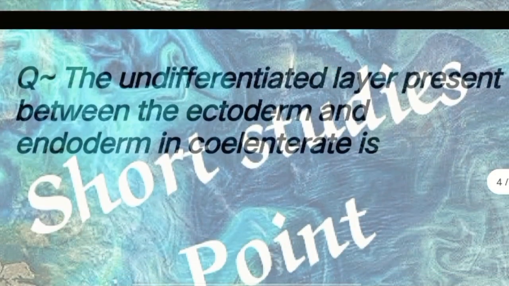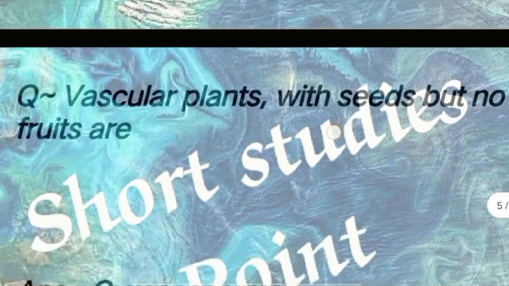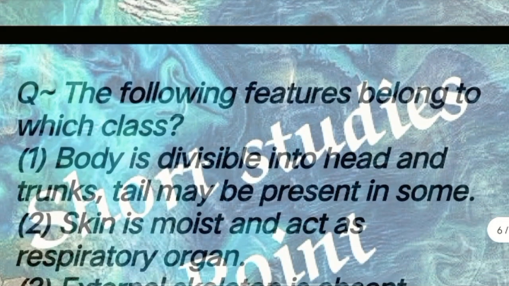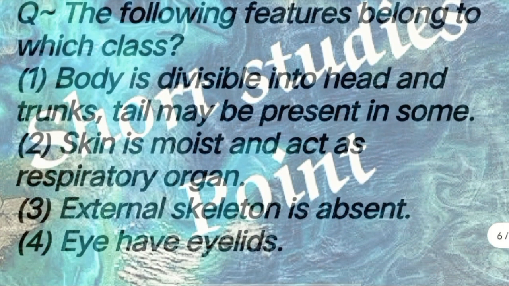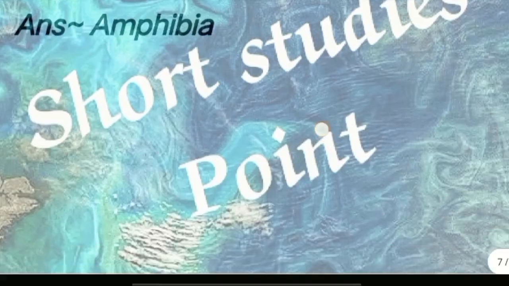Next question: the undifferentiated layer present between the ectoderm and endoderm in coelenterates is. Answer: mesoglea. Next question: vascular plants with seed but no fruit are. Answer: gymnosperm. Next question: the following feature belongs to which class? Answer: all of the following features belong to amphibia. Next question: